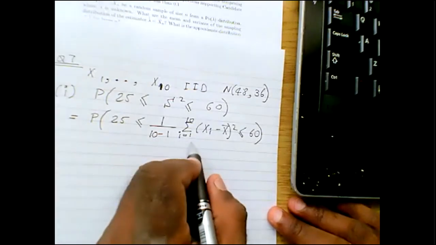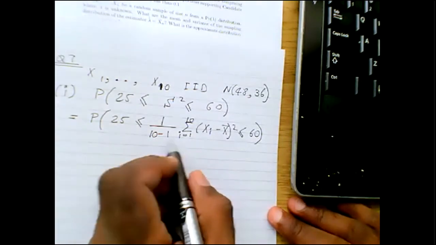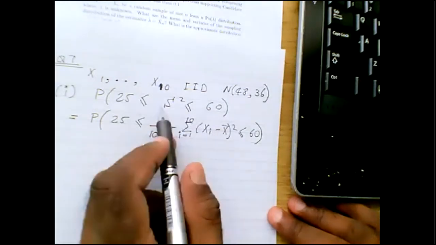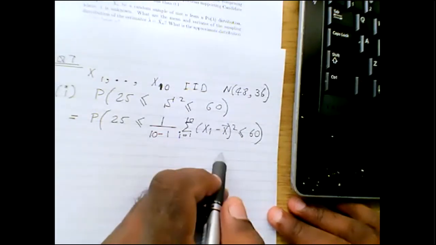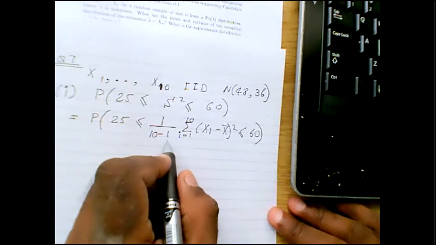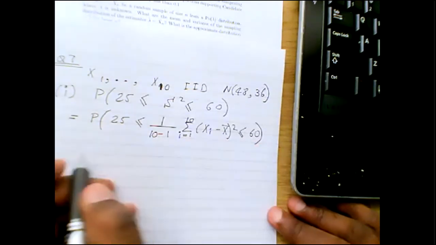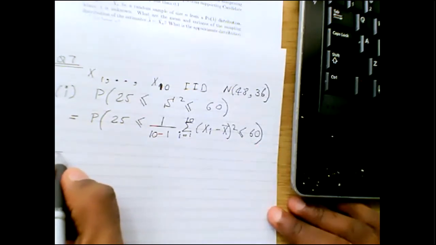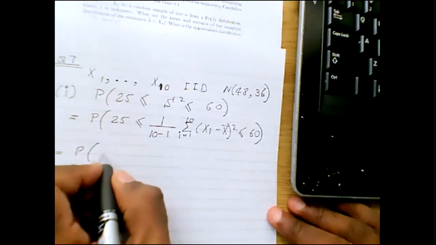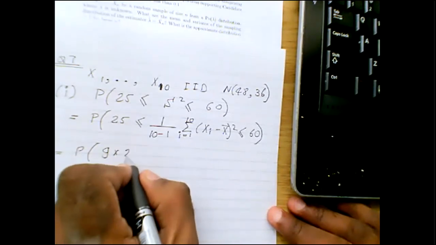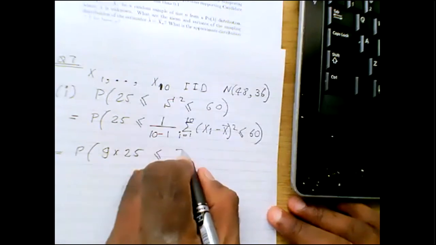Do you see where this comes from, guys? This is the formula I gave you at the beginning of the course for the sample variance. So 10 minus 1 is 9. Now, if you multiply by 9 across, you get the probability that 9 times 25 is less than or equal to